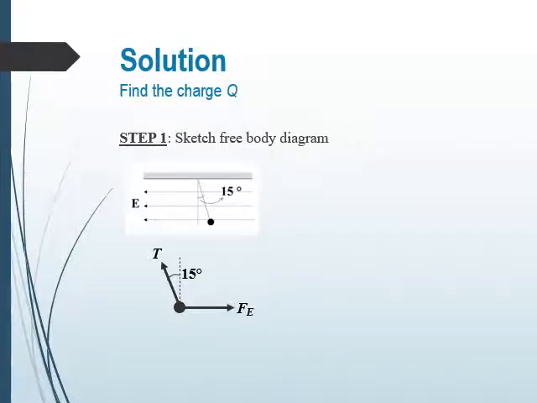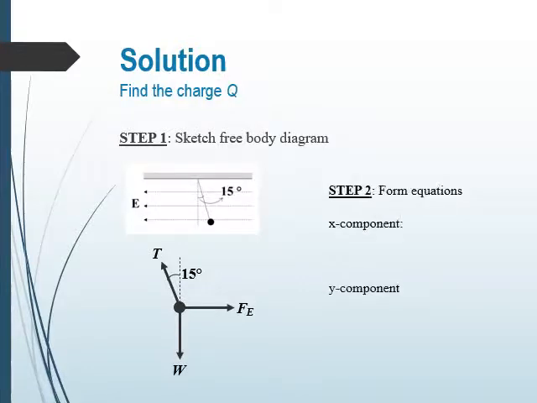And at last, if you look at this question again, now you have a polystyrene ball with mass. So it means there's a weight pointing downwards. So that is a complete free body diagram for this question. And then what are we going to do? Step 2. Form equations. Well, you have 3 vectors pointing towards different directions, and they are all not lying on